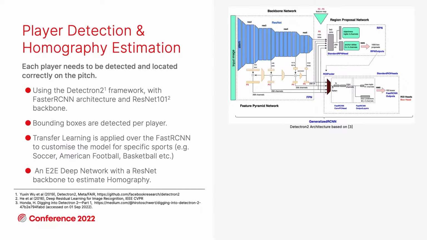We took it and optimized it to our own need using something called transfer learning, which is basically making sure that this model is more equipped to deal with our kind of data, which is the sport data, if you like. And the outcome of this is bounding boxes. That's all it is. Bounding boxes of players across the field. It's also important to note that we care about detecting the position of the referees and the spectators around the field. You don't want to mix these with players automatically, in order to reduce the amount of time the human collectors spend on correcting the outcome of the AI.